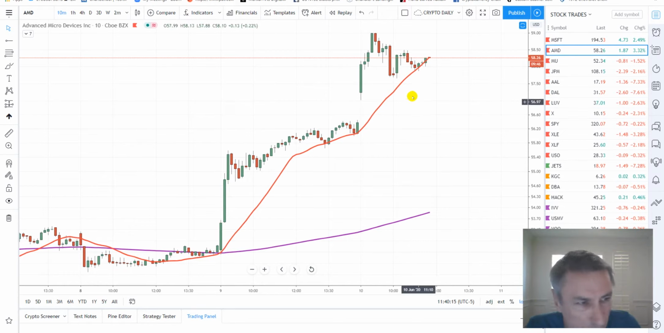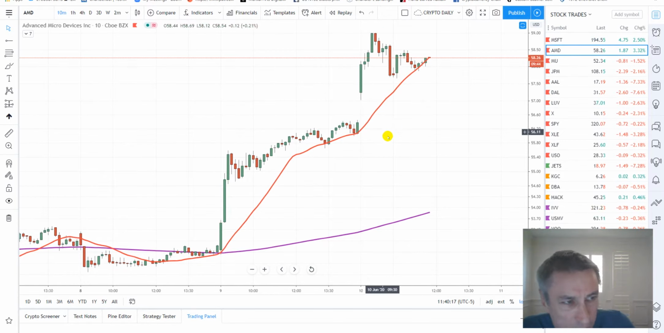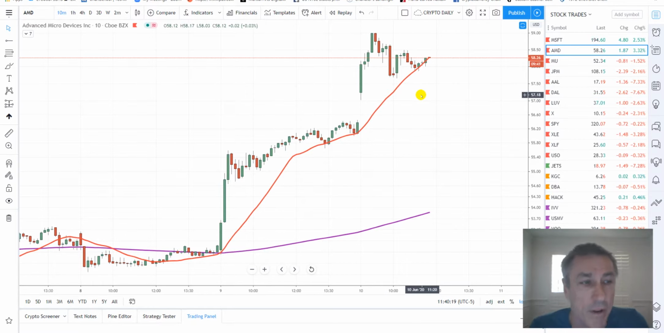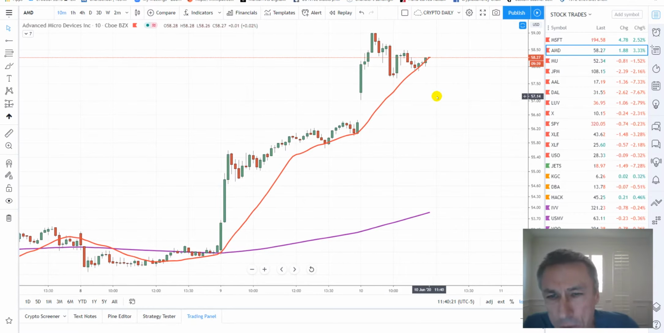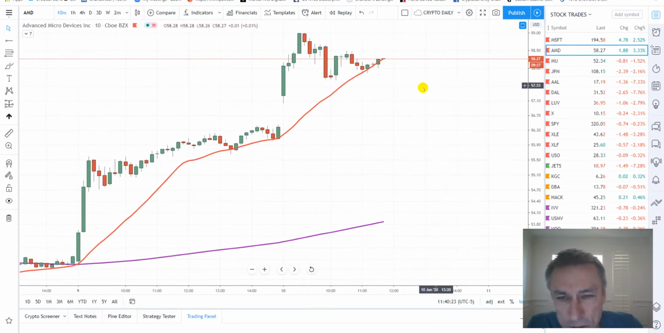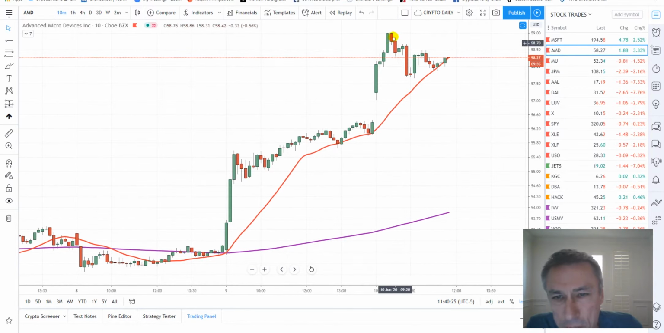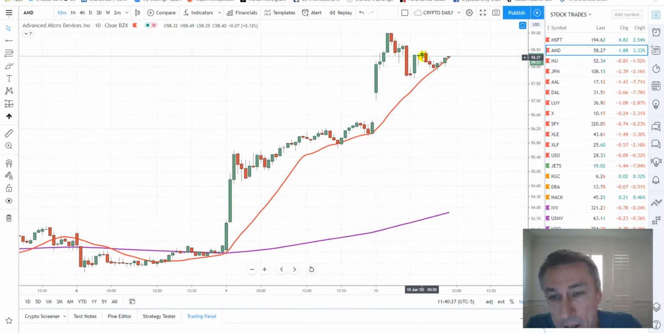Alright guys, here we go. Looking at the 10-minute chart of AMD, Advanced Micro Devices, and we're looking for a short position in here. As you can see, we put in a high, lower high, lower high. However, we've been putting in a low, higher low, but we're looking to come into resistance up here where we